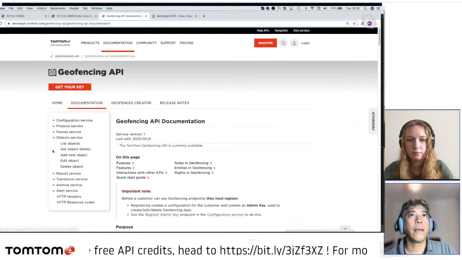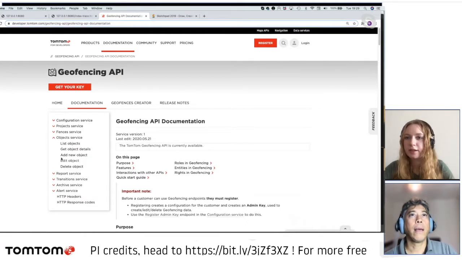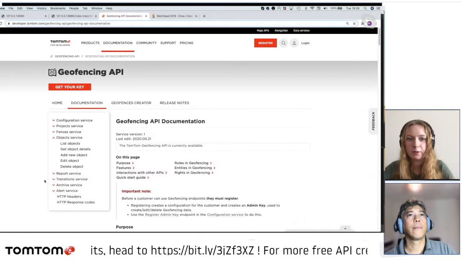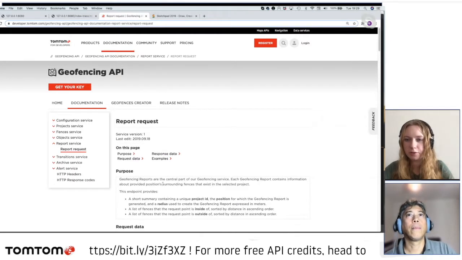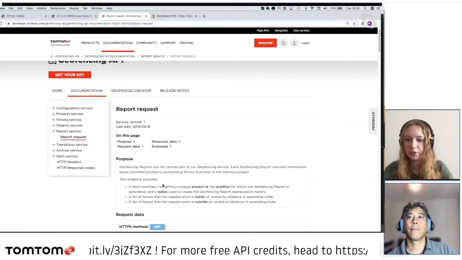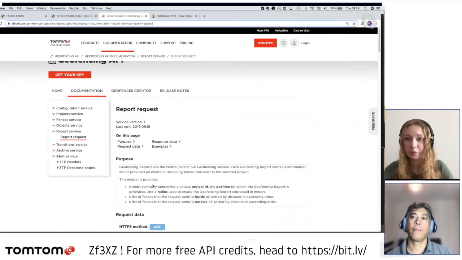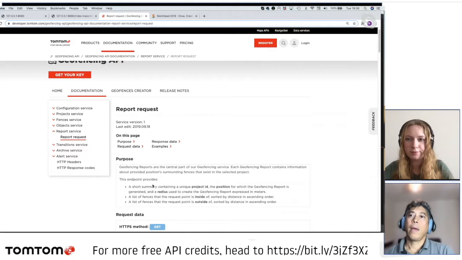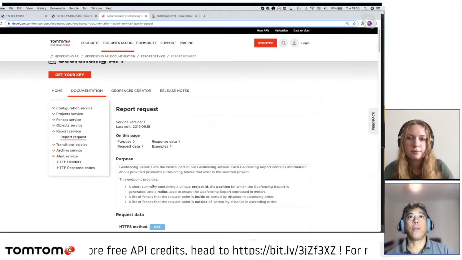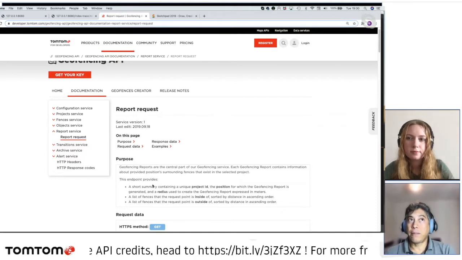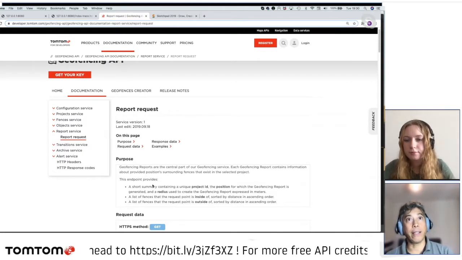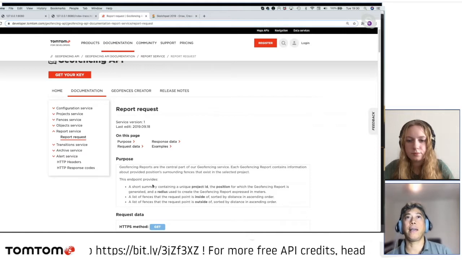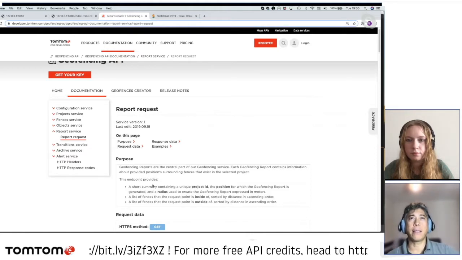So for somebody just coming in and learning the Geofences API versus location history, what's the advantage for what we're doing today of using the Geofencing API to send the location? Does it make it easier? Well, the API is, in my opinion, quite similar. It's similar, but the advantage of using the Geofencing API is that you have